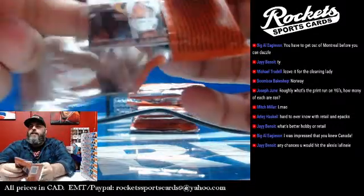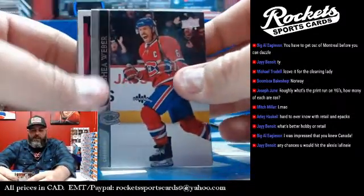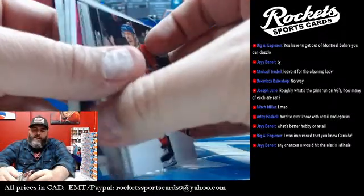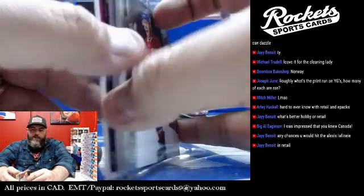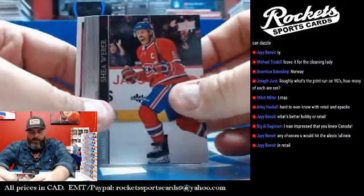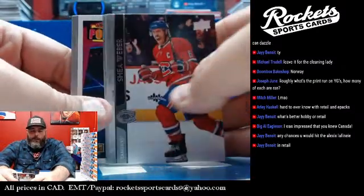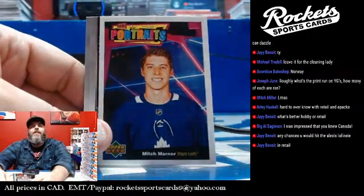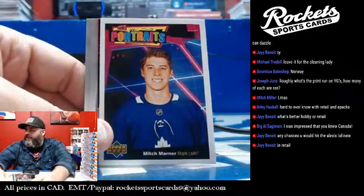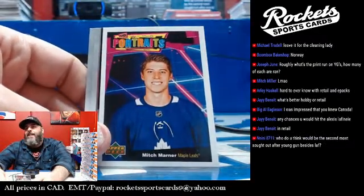Any chances you would hit the Alex Laffin? Okay. Yeah, you should see one tonight for sure. These cards are sticking together. That's odd because it's a brand new product. Usually when over years they'll do that. He wants to know if you hit it in retail. Yeah, absolutely. Base, four base, and then we've got the Mitch Marner. Oh, he is so cute. What do you think? Cutest player in the NHL? Oh, absolutely. One of the cutest, he should have a Dazzler. I think,